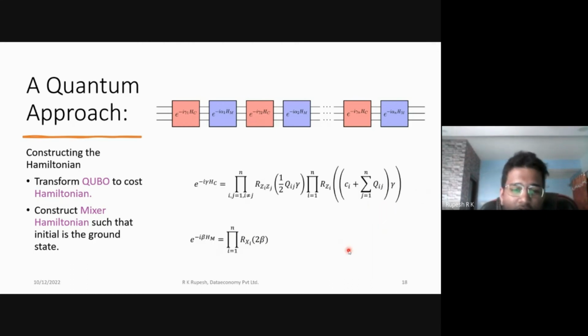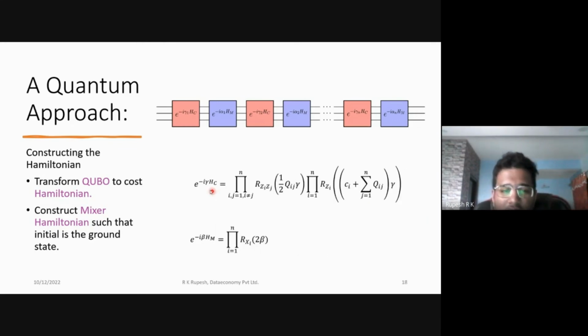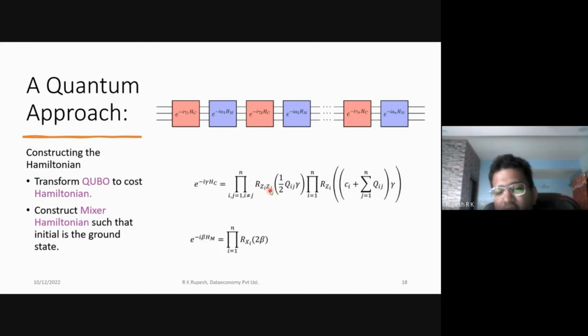All right. So we have this cost Hamiltonian. And if we have a Hamiltonian, we need to exponentiate it in order to get the unitary, which we can apply on our quantum circuit. So we need to exponentiate this Hamiltonian, which is the matrix exponential. If we do that, we have the ZZ here, which when exponentiated, we get the RZZ gate, which is the parametrized ZZ gate.